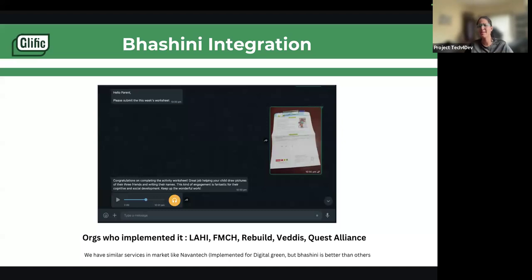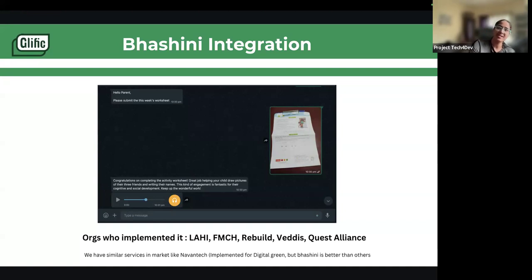So again, there are multiple other ways. Like on translations, we have used Bhashini extensively. Transliterations are possible. A lot of different possibilities are there with Bhashini integration. There are similar other services in the market, like Navana Tech, which does similar things to what Bhashini does.